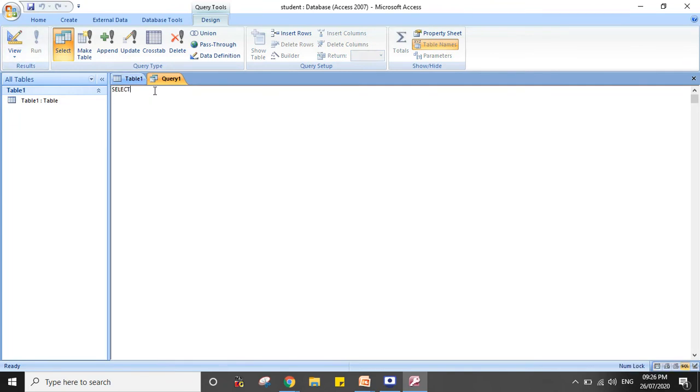Suppose I want to create a table. So the query I will write create table and the name of the table is suppose mark sheet. Under this mark sheet I want three fields. First is the roll number and the data type is suppose integer. Then I want name. Data type is varchar.